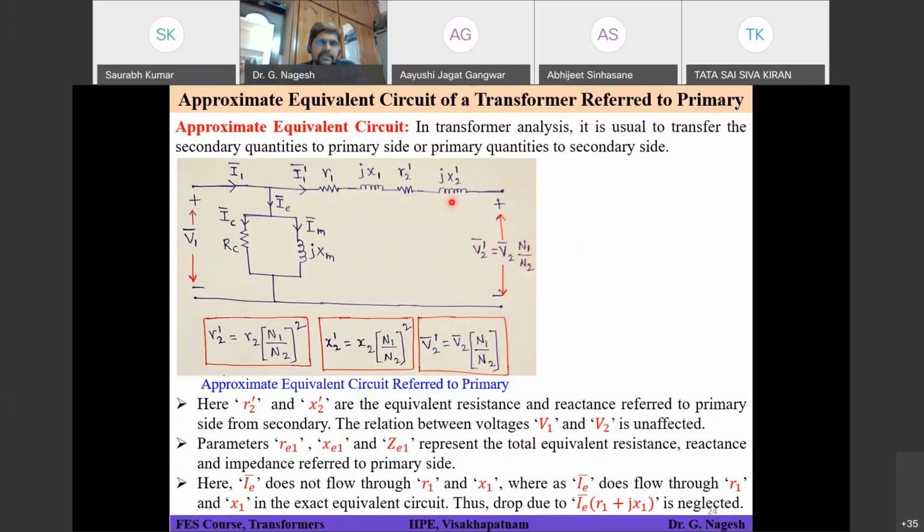Right. So these are the only three parameters which are present in the secondary winding. So I have got all these three onto the primary side after multiplying with the corresponding multiplication factor. And this shunt branch, which was supposed to be at this point, I have moved to the left. So this is called the approximate equivalent circuit. Okay, right. So here R2 dash.